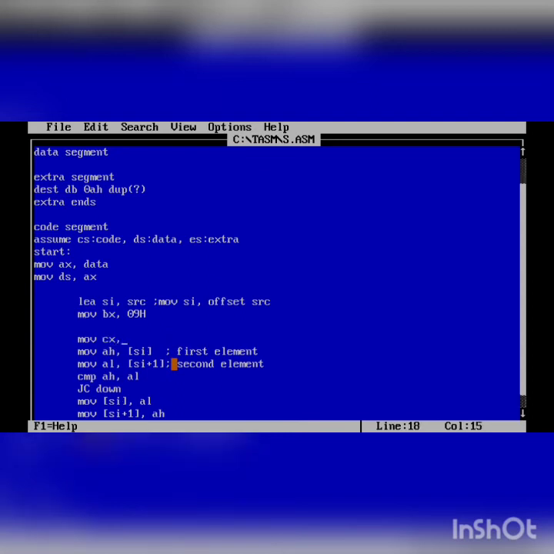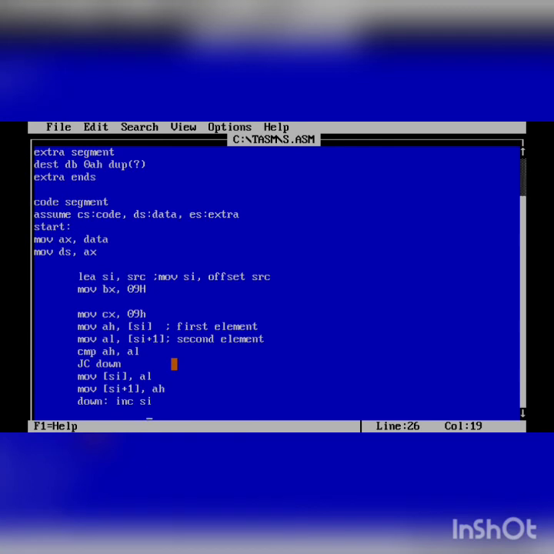We have to perform these comparisons for 9 elements, as the 10th element will be covered by SI, and we can perform this loop. Here SI is incremented, so directly we can write our up here. The first up declaration is where we start with the comparison.